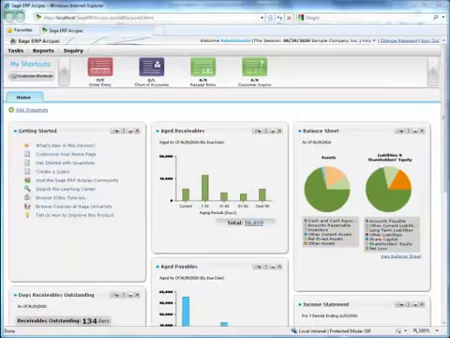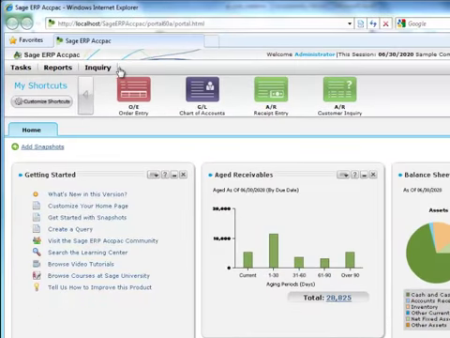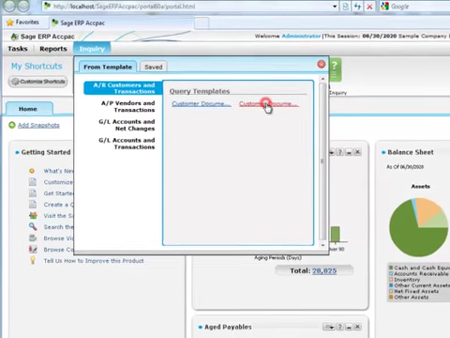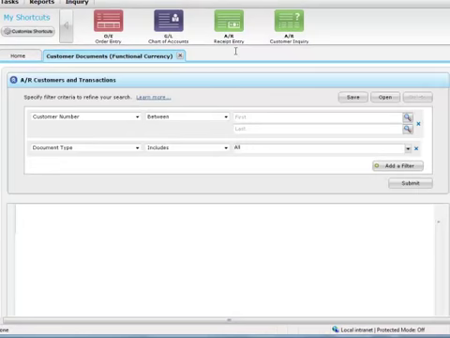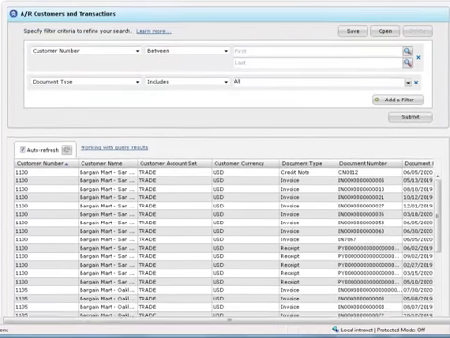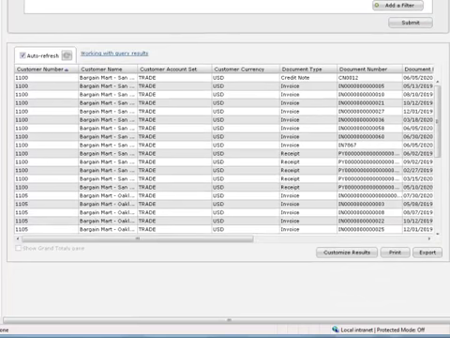So let's return to the portal, and here we'll click on Inquiry, AR Customers and Transactions, Customer Documents in Functional Currency. For the purposes of this tutorial, we'll accept the default query filters, which will return all customers and document types. If we scroll to the bottom, you can see that we've got an Export button, which we'll go ahead